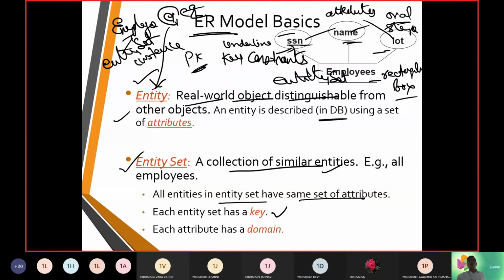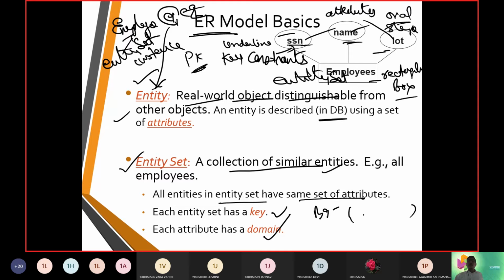Key in the sense that it identifies uniqueness and eliminates duplicates, and one example is what we call a primary key here. Each attribute is going to have a domain. Domain is nothing but a range. I can say blood group.